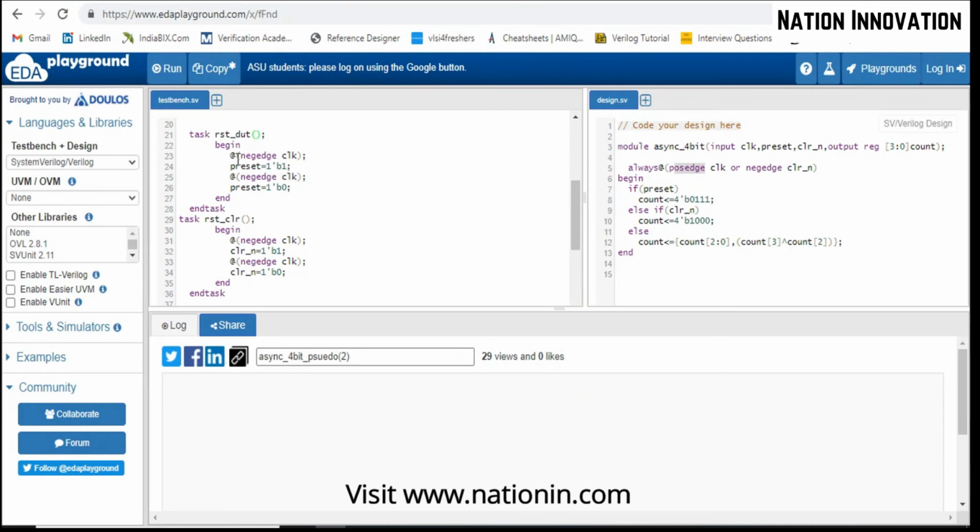So for one complete cycle, here we are generating the preset, and here for one complete cycle, we have taken the name task reset clear, begin, end, task.